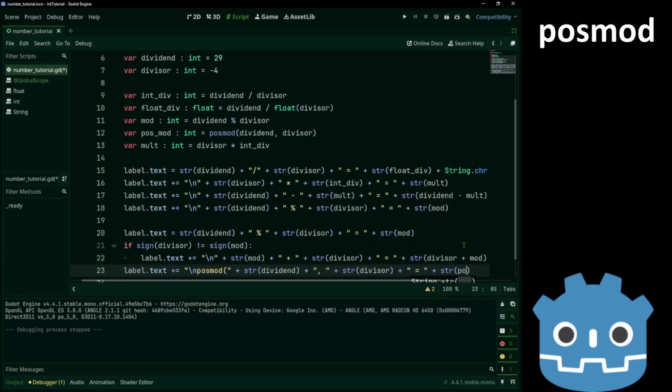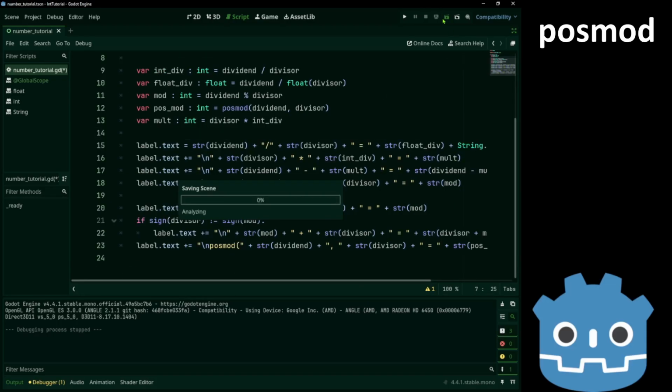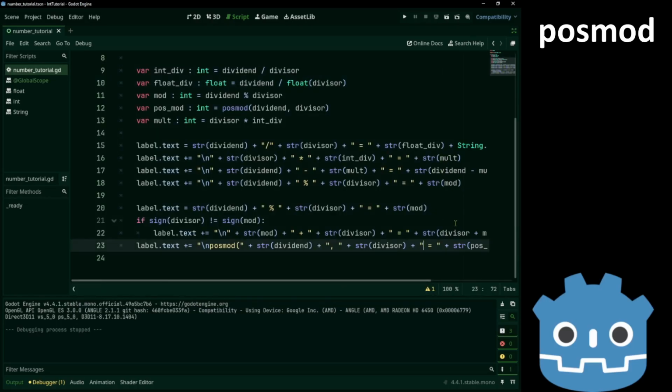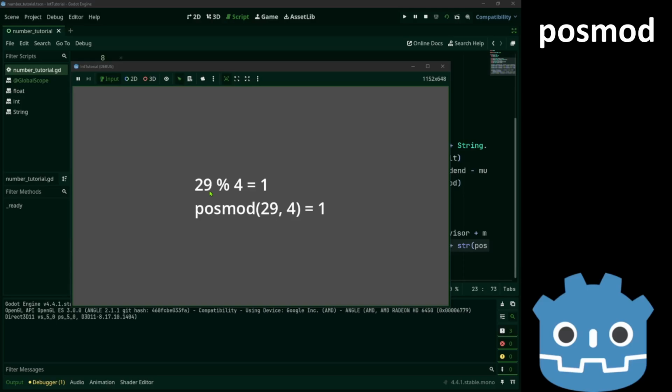And this would be posmod. This is the variable we created over here. For positive numbers, we get the same result. Also, I forgot the parentheses. Hold on. So both mod and posmod give us 1.